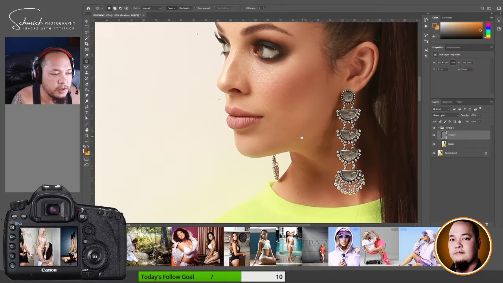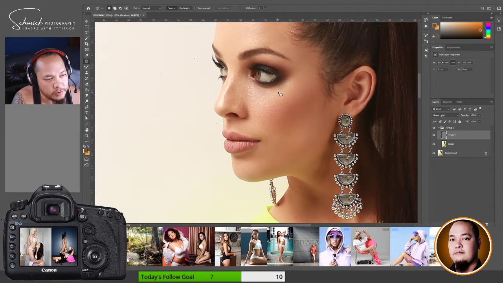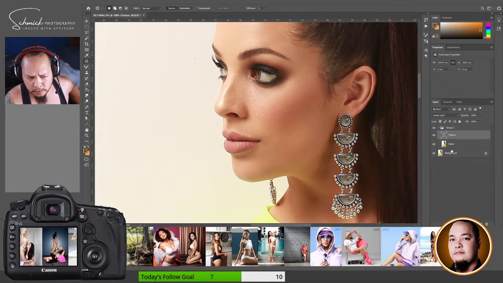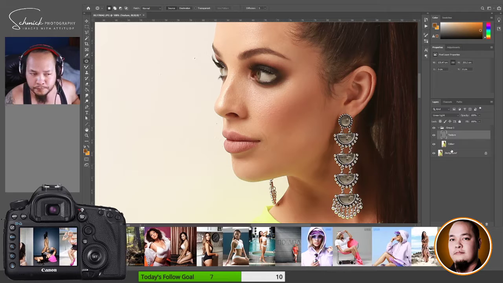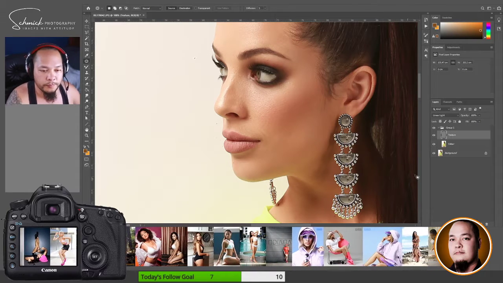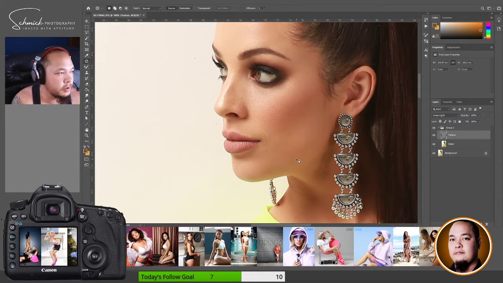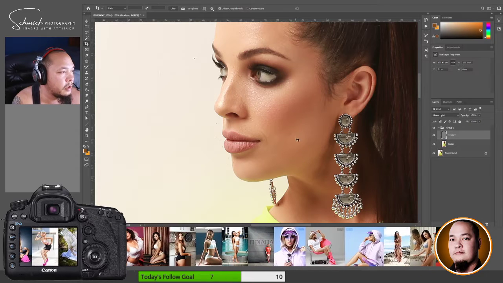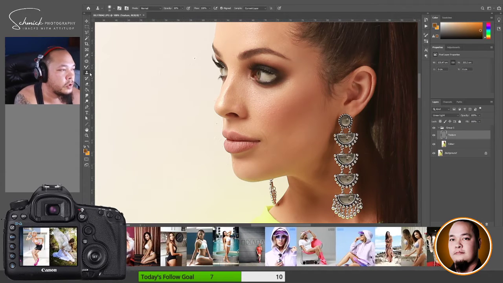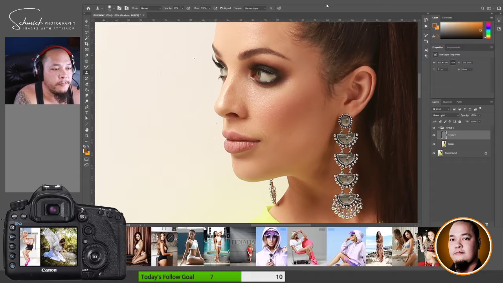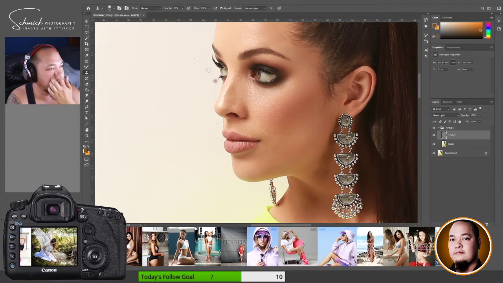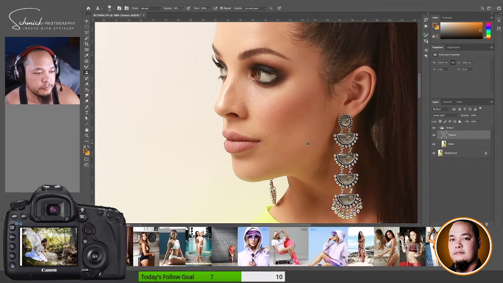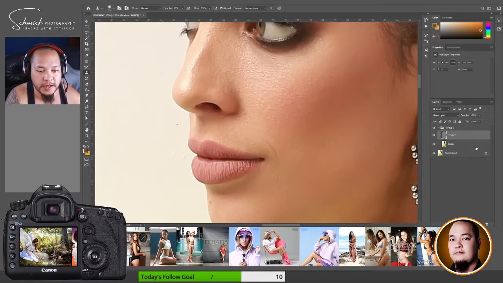Leave these ones on the neck. So, wrinkles and lines. The way I tackle those is I will use the clone tool. Shortcut is S, clone stamp. Set this down to about 10%, and just on the color layer,